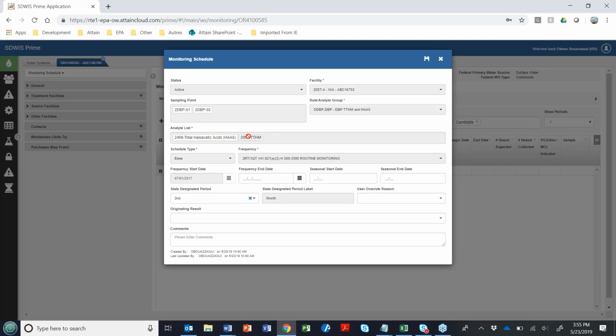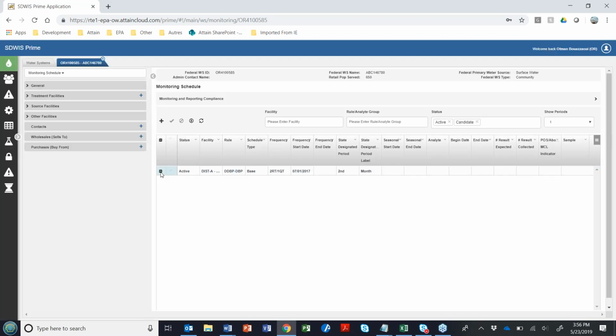As you can see, it's asking for samples for 2 analytes here, TTHM and HA5. And I had it start on July 1st, 2017. And I even specified the state designated period to be the second month of the quarter. And these are the two sampling points where these samples should be collected.